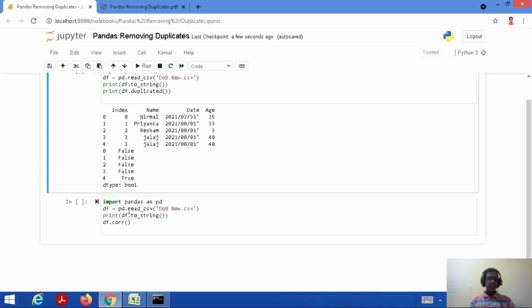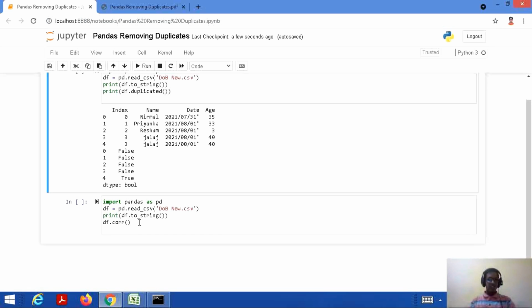df equal to pd.read_csv dob new.csv, that means we are reading the CSV file dob new, and then we are printing the value of the data frame, print df.to_string. Then we are finding the correlation between the numerical columns in our existing data frame, that is df.corr method.